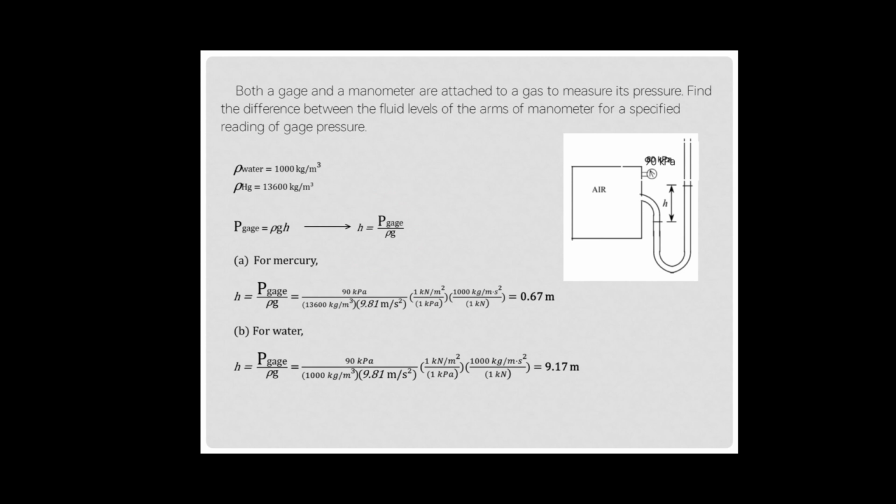Now, to find the H for mercury, H is equal to gauge pressure over density of mercury times acceleration due to gravity, equals our gauge pressure here is 90, as you can see in the figure, over the density of mercury, which is 13,600 kilogram per cubic meter, times the gravity, 9.81 meter per second squared. Now, we need to